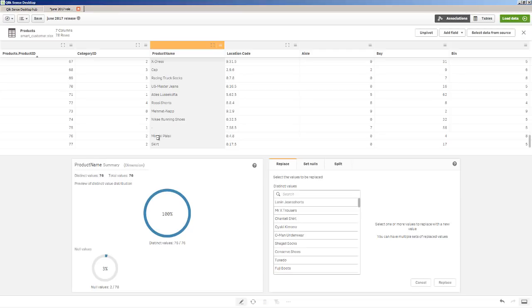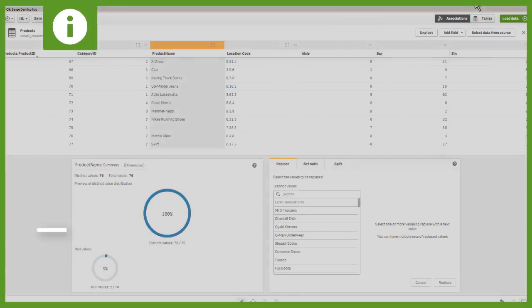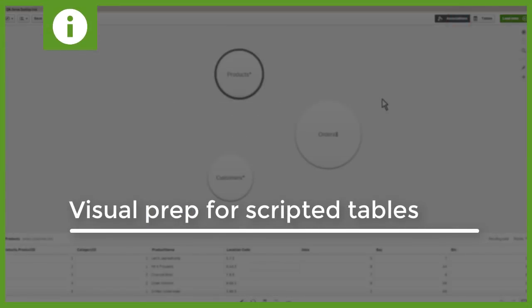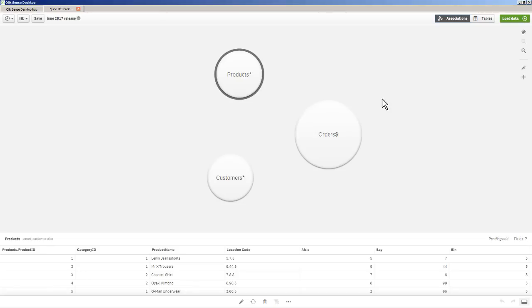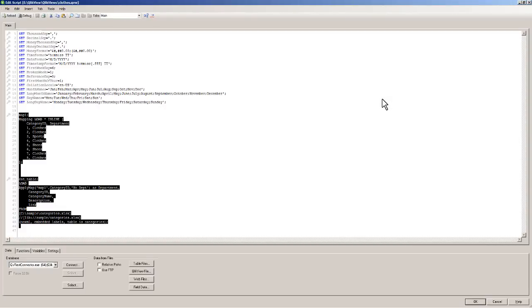What we're going to do next is we're going to add another table, and that table is going to be created, let's say, from a data load script. So let's go back to our associations view. Now we have orders, we have customers, and we have products. Now I also have a table categories. But for this example, and to demonstrate this new feature, let's imagine that in QlikView, we have a load script.